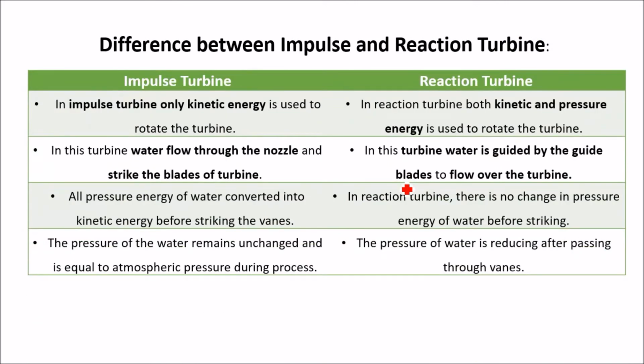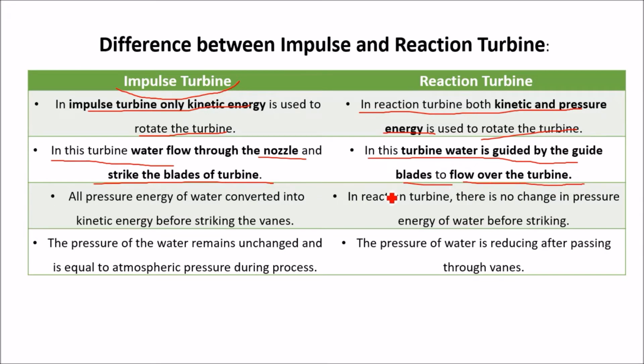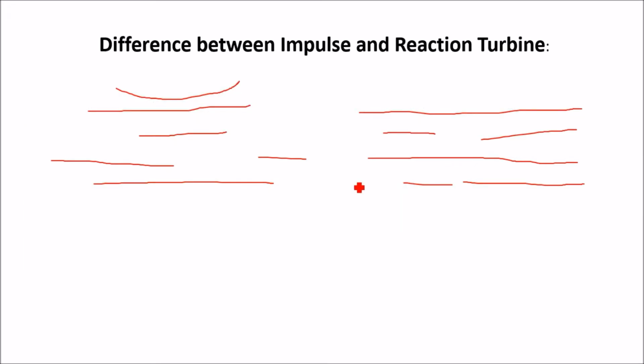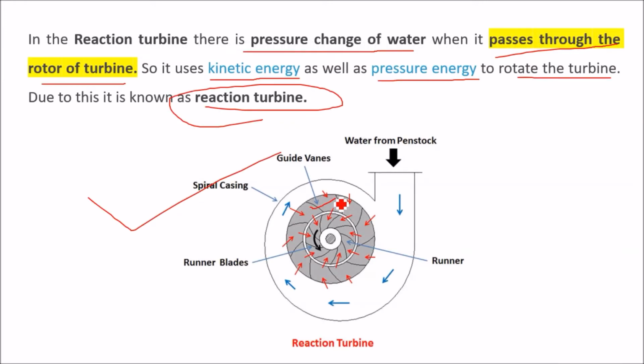Now we will discuss the differences between the impulse and reaction turbine. Here you can see in the impulse turbine only kinetic energy is used to rotate the turbine, but in the case of the reaction turbine it uses both kinetic as well as pressure energy to rotate the turbine. In the impulse turbine, water flows through the nozzle and strikes the blades of the turbine to rotate it. In the reaction turbine, water is guided by the guide blades to flow over the turbine. The guide blades you can see in the previous diagram. These are the guide vanes which help in rotating the